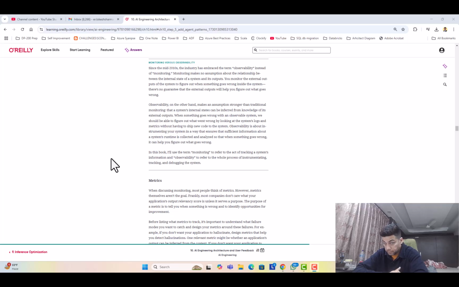So I think this is the difference that we were looking for. So when we use the practice called monitoring, we mostly would be looking at the outputs generated by the application, and there is no relationship between those outputs and the internal workings of the application. Whereas in observability, you assume a stronger relationship between the internal and the output,